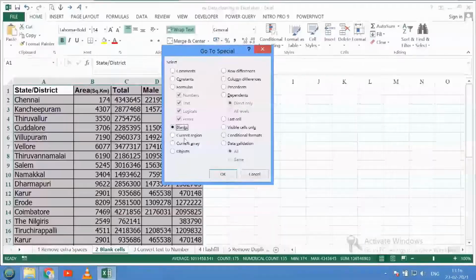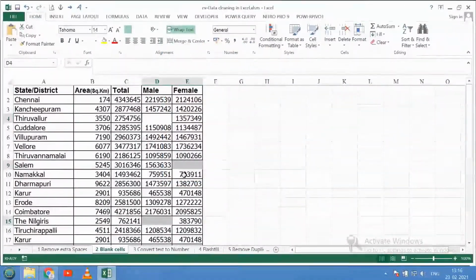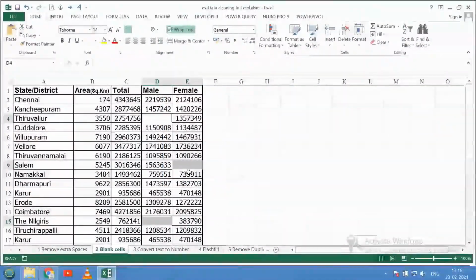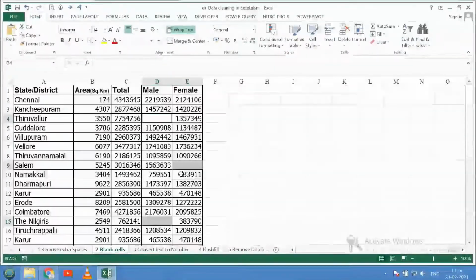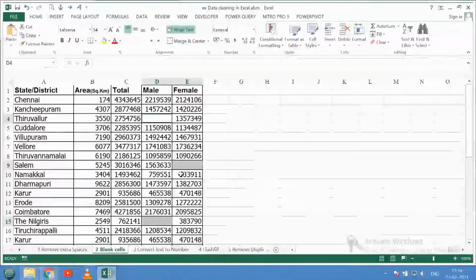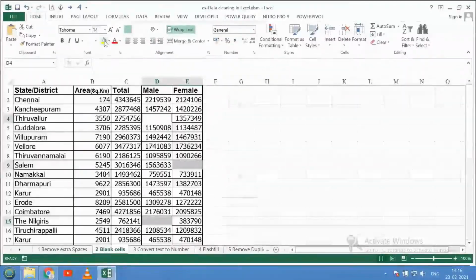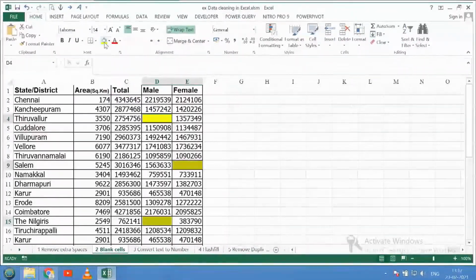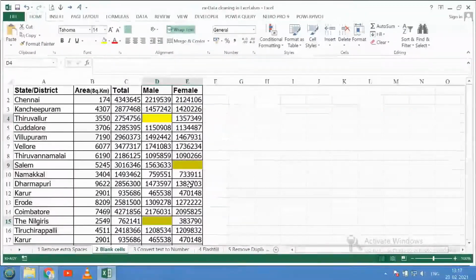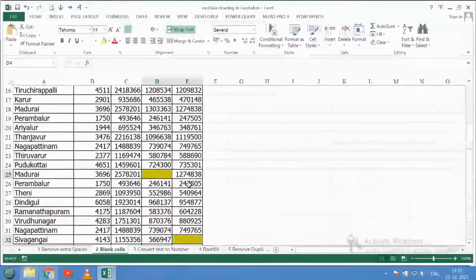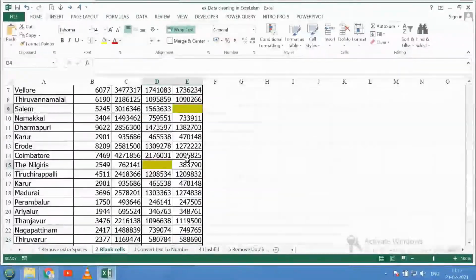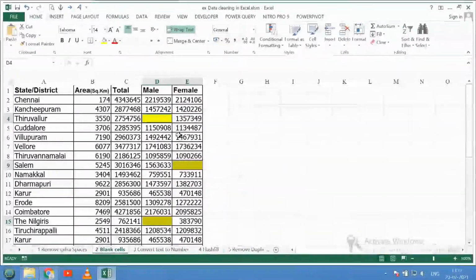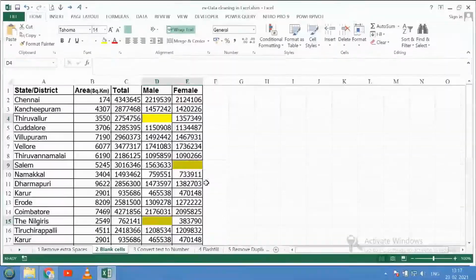Choose the Blanks option, then click on OK. So all the blank cells are identified here. We want to mark them with a different color using the fill color option. If you choose fill color, all the blank cells are marked with a different color. These can be filled before analysis.